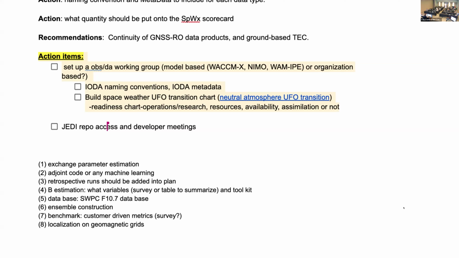And I think it would be very valuable to have a dedicated session on JEDI Space Weather DA and bring the community there and use that as an opportunity to look at these prototypes, to have an initial training capability to bring additional folks there. So that could nicely put a short-term objective for these action items.